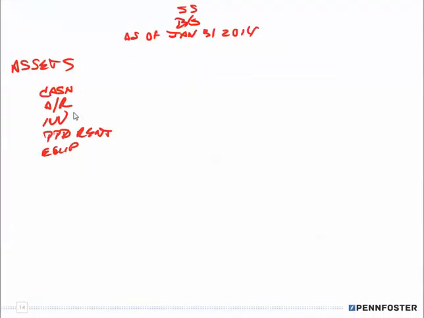Okay, no, that was the other problem. Okay, so then we have equipment, and we would then have less accumulated depreciation equipment. Okay, we would normally have our cash, which would be 2750, and accounts receivable 3100, and then 4700